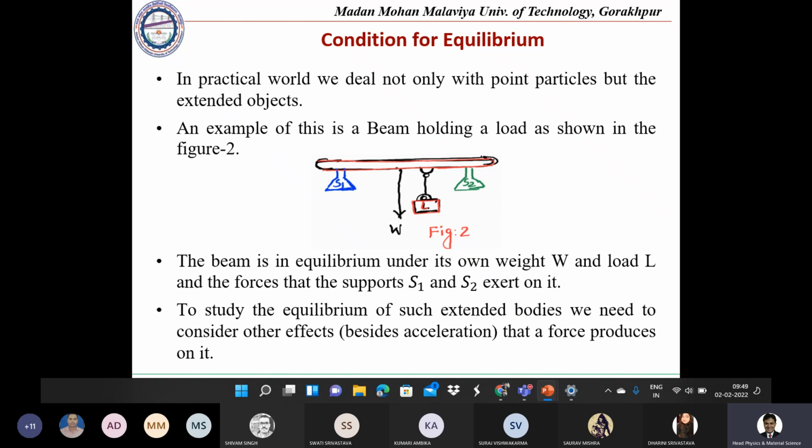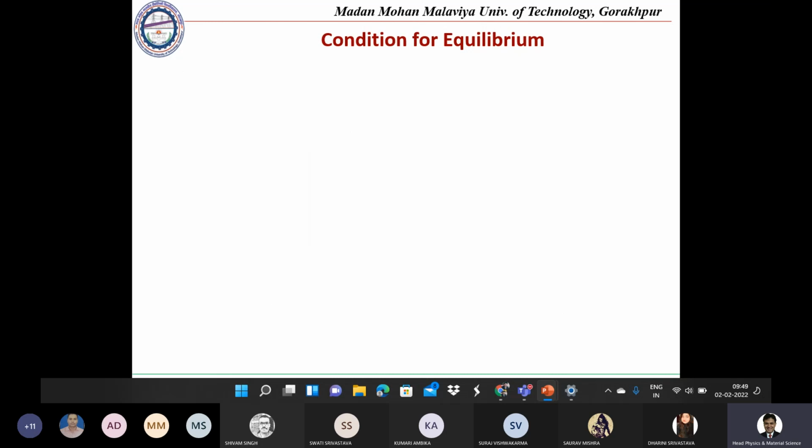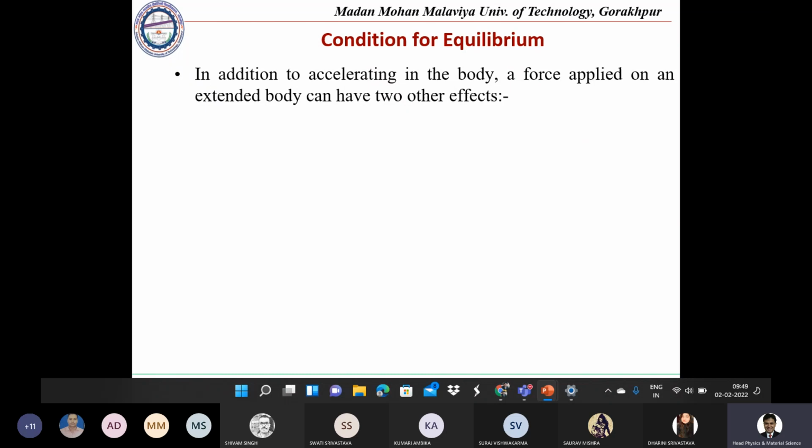So one condition earlier to this one, we have discussed that the summation over the force must be equal to 0 for the entire system. And along with that, we have to also consider the torque acting on that body with the force, either in terms of the load, or in terms of its weight, or in terms of its normal, which is acting at the different supports there. So in addition to